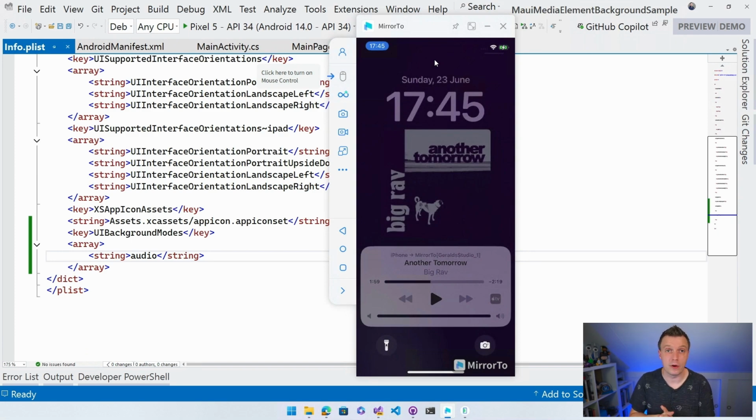So this is all that you need to have an amazing media element completely integrated into the operating system inside of your .NET MAUI app with Media Element. Of course, everything that I showed you here also works for videos, but I showed it with audio here because that probably makes the most sense to play in the background. So you can set all that metadata, but also for videos, and it will show up the same way. You can control it the same way. Everything is right there. If you find any bugs, please let us know on the repository, of course.